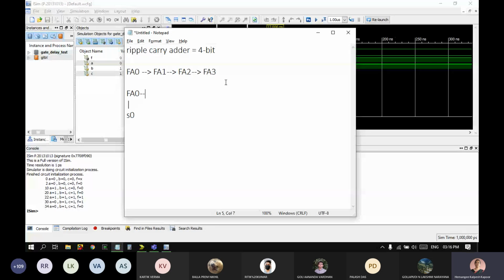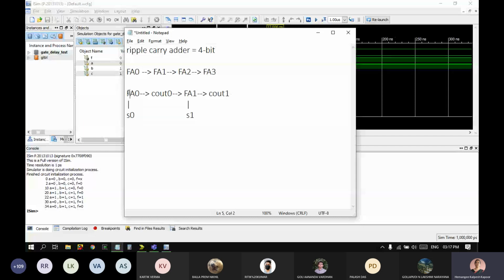This C out of the first is going as a carry in to the next adder. So if suppose I just have these two adders in the cascade, and this is giving an output of C out of 1 and S1. Okay. So these are my two output sum bits, and this will be my final carry out,